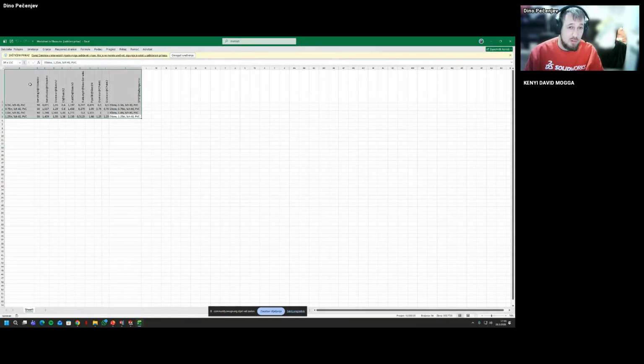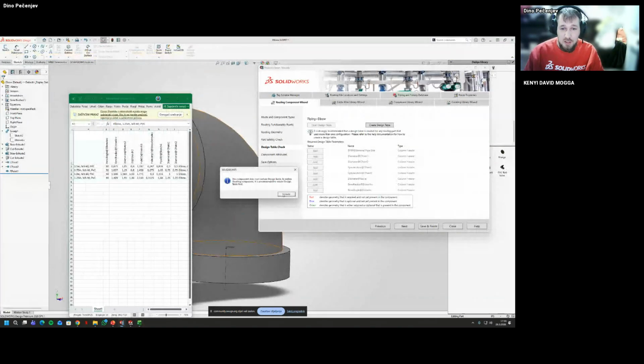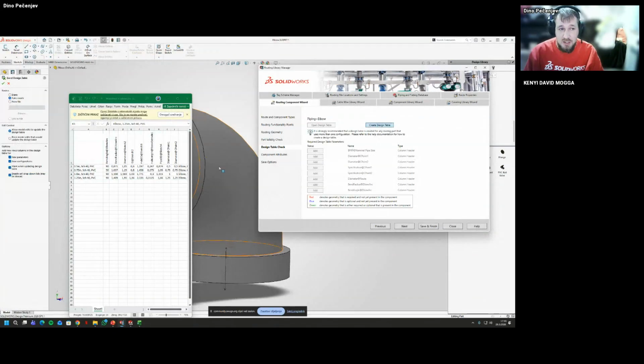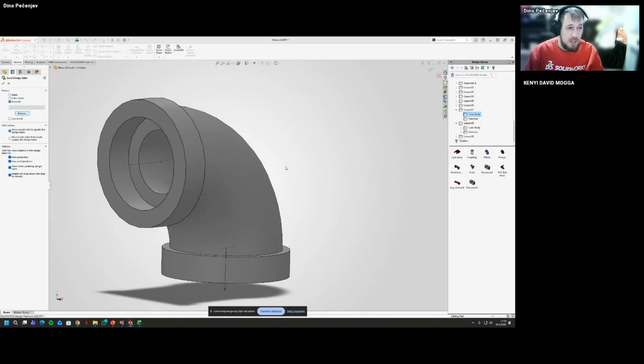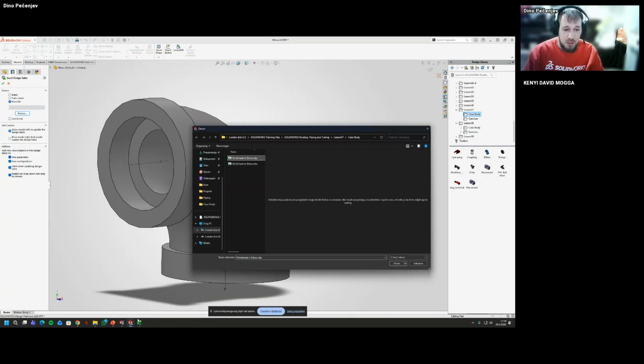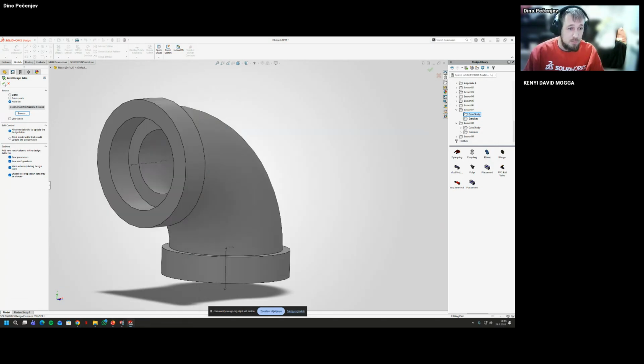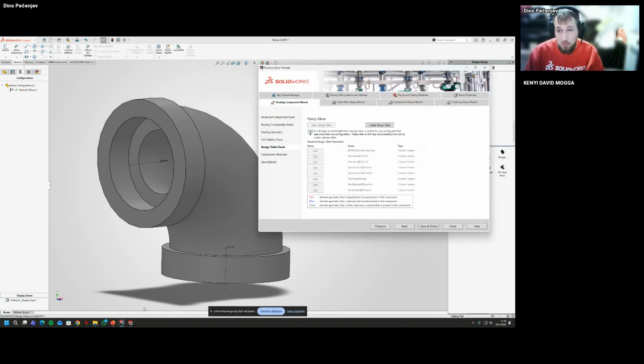I'm going to create it from here. Create design table, from file, browse, worksheets, elbow, open up, edit. It can happen, don't worry about this.